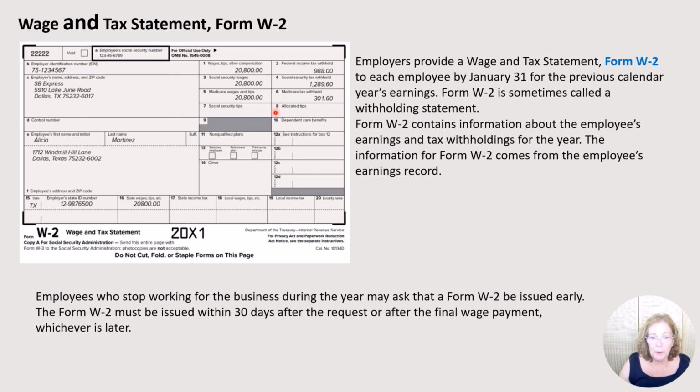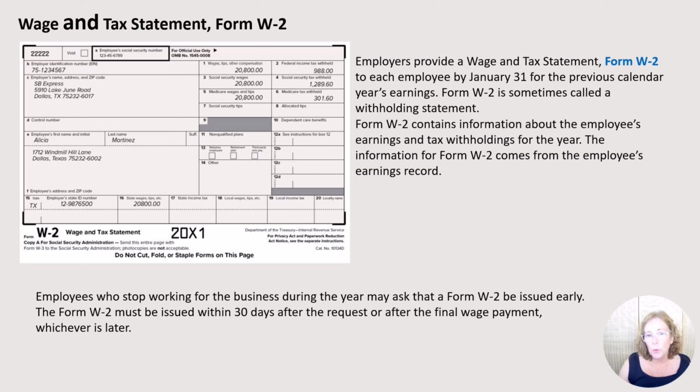Boxes 10 to 14 are for stock options, cafeteria plan deductions, life insurance, and health insurance. Please take a look at the instructions for Form W-2 for Box 12. Box 15 is for the state abbreviation, employer state ID number, and boxes 16 and 17 for the state taxable wages and withholdings. If there is a local tax, boxes 18, 19, and 20 are completed as well.